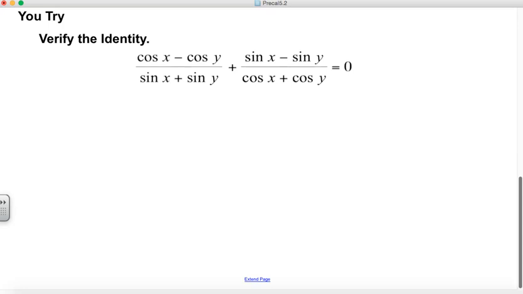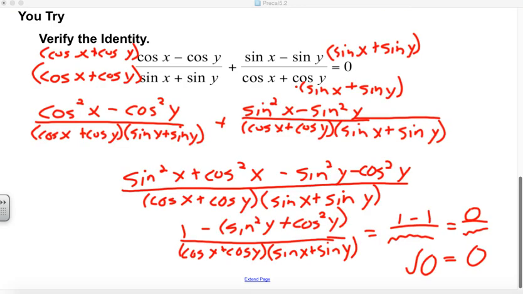And notice you have 2 different fractions, so you need to give them the denominator from the other fraction to make sure that they have common denominators. Of course, you got to give that to the numerator, and look for stuff to cancel out and see if you can make this left side equal 0. So right here we need to multiply the denominators and the numerators of each fraction by the denominator on the other fraction. So notice I take cosine x plus cosine y, and I multiply